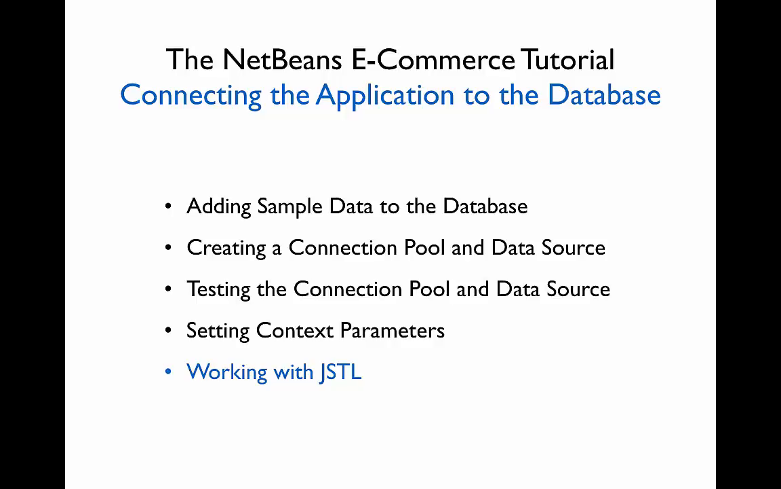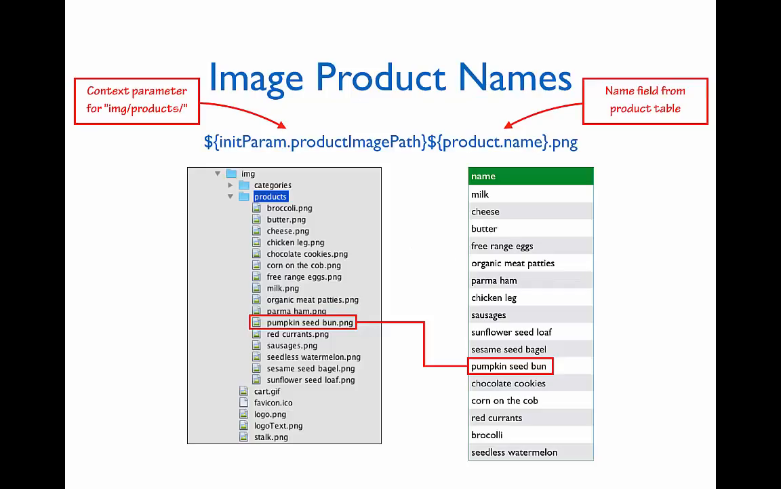In the final section, we will actually use the data from the Affable Bean database in our application. To do this, we'll make use of the JSP Standard Tag Library, or JSTL. Before we do that, we're going to make sure that there's an easy way to associate the product images with